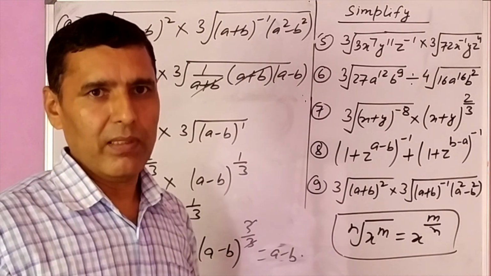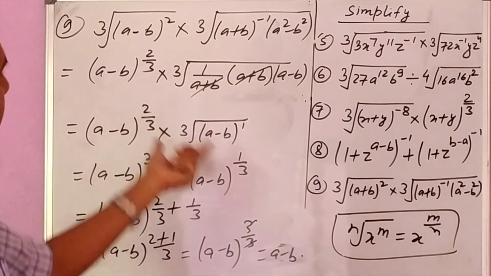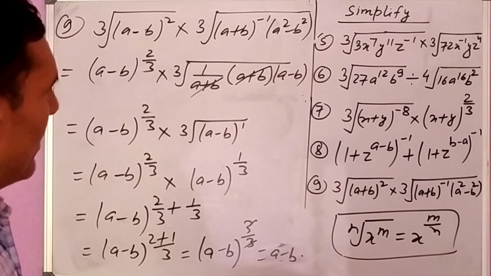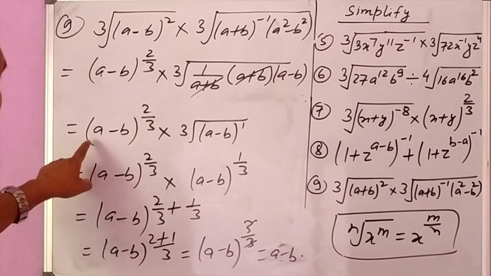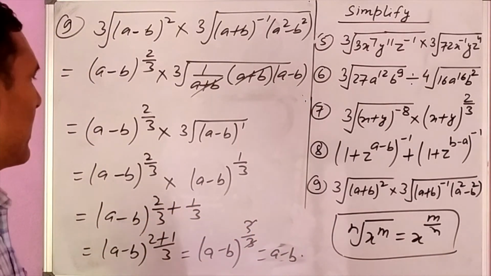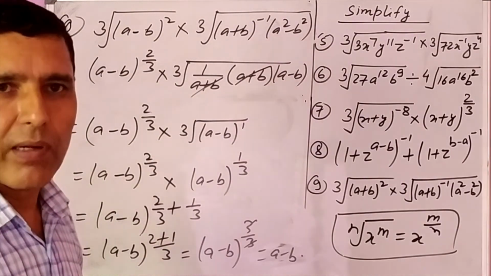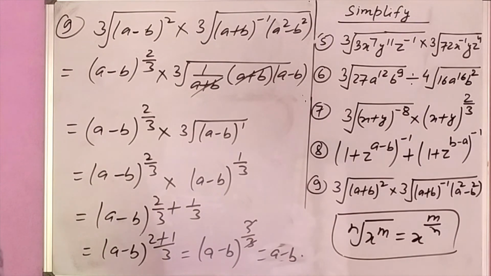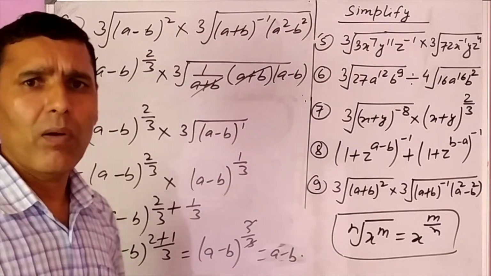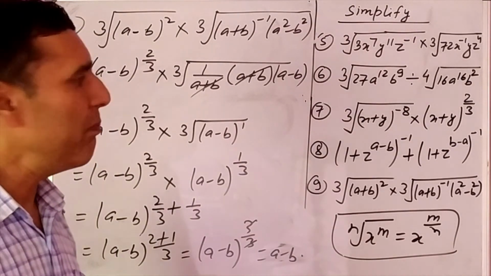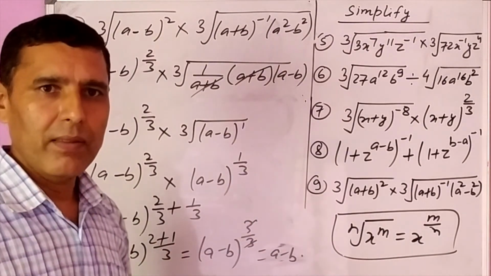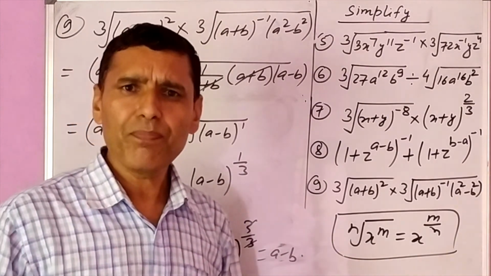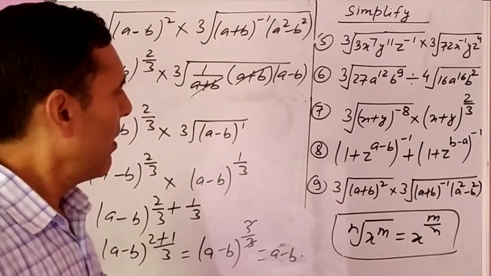How much is possible? If we have different bases, we cannot do anything. We have to leave it as it is after doing as much as is possible. But if we have the same base like this, in multiplication form on the same base, powers are added together. So the main thing is to build up the concept. Doing one question, two questions is nothing, but how much concept you have built up. The main thing is that if you have built up your concept, then with the help of this idea you can do similar other questions.